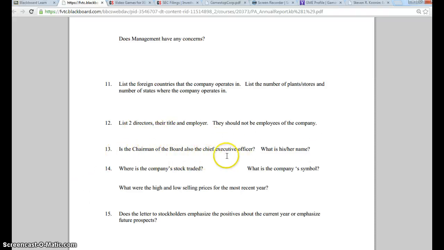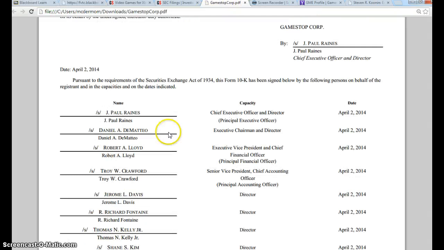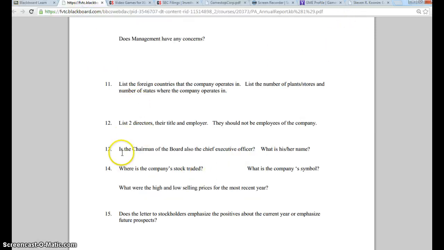It says, is the chairman of the board also the chief executive officer? And then what is his or her name? By going back to the thing here, we can scroll up. J. Paul Raines is the chief executive officer and director. Okay, but then you've got an executive chairman and director. So if we go back to the question, is the